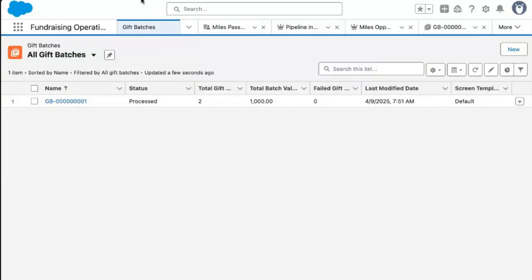So those are the main components of MPC that would be a part of what you see when setting up MPC in the fundraising. So some of these elements that we reviewed today are what we would deliver in our